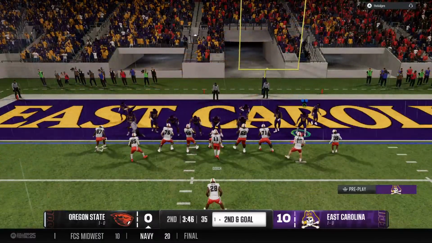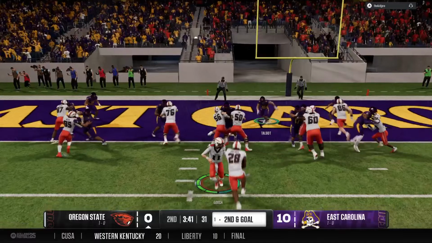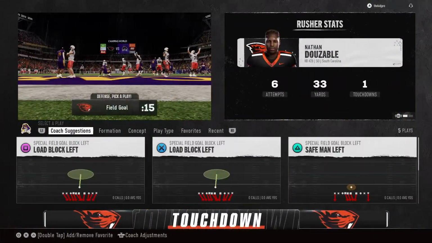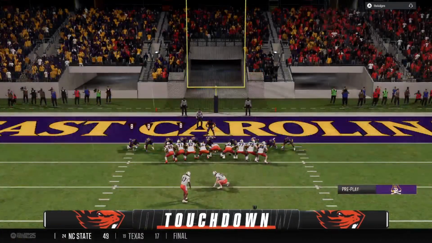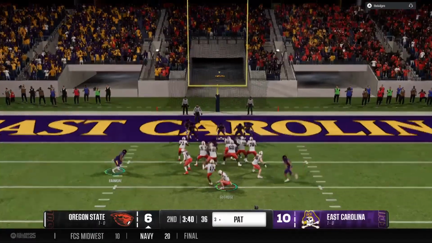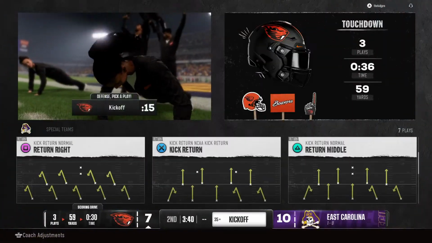Offense trying to pay it off on 2nd and goal. Tries again to get it in. Going right back to the well, and this time he finds water. Gets it into the end zone for the touchdown. And with the extra point, every little bit counts as they get closer.